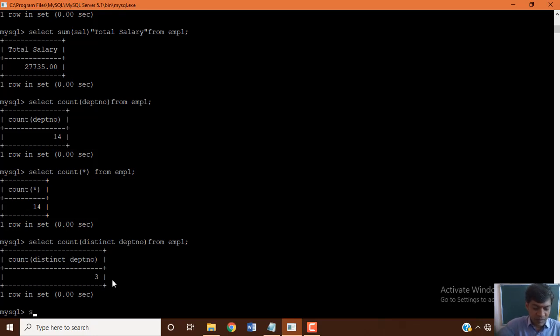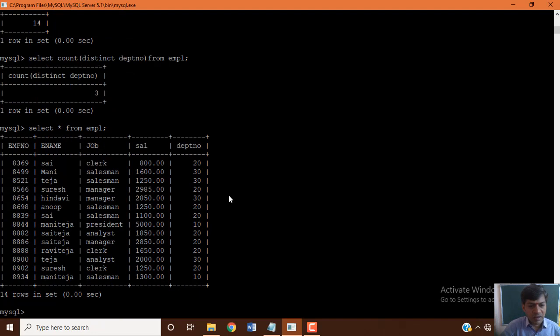Only three departments. You just look at the data of your employee table. You can see DEPT number, under that how many department numbers it is having, only three. That's why count distinct of DEPT num gives you 3. So 3 types of numbers, 10, 20 and 30.